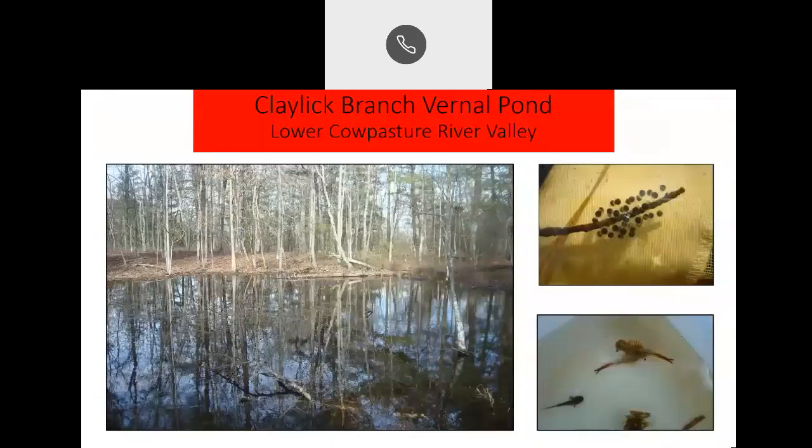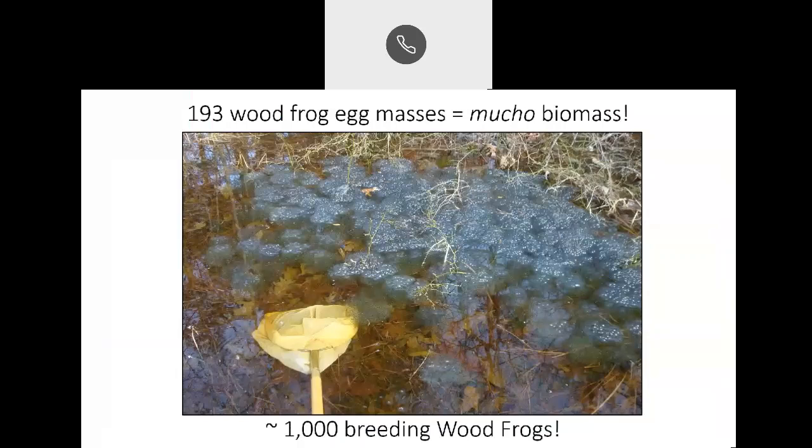Next, please. I'll show you one quick illustration of how significant this can be. Here is a pretty little vernal pool of excellent quality on top of a low ridge in southern Bath County, the lower portion of the Cowpasture River Valley. And this has 5 obligate species: spotted, marbled, Jefferson salamanders, wood frogs, and the spring fairy shrimp. Nice quality pond.